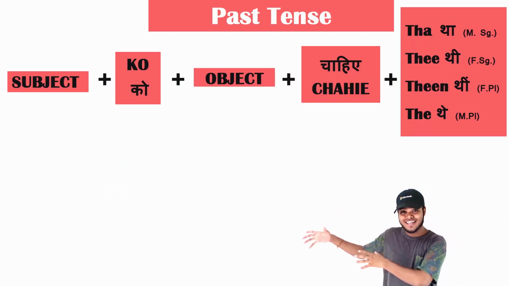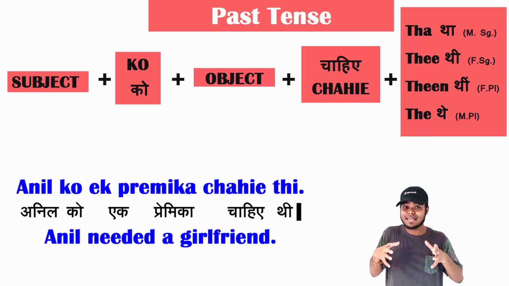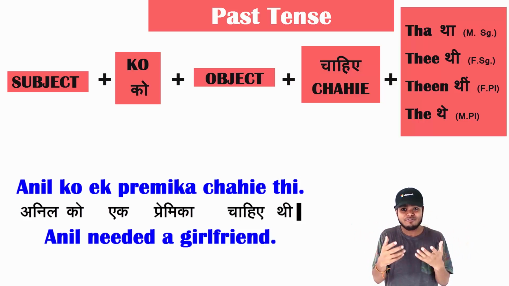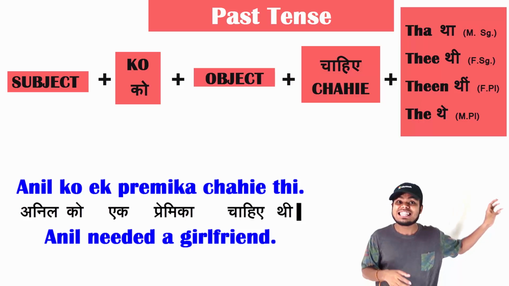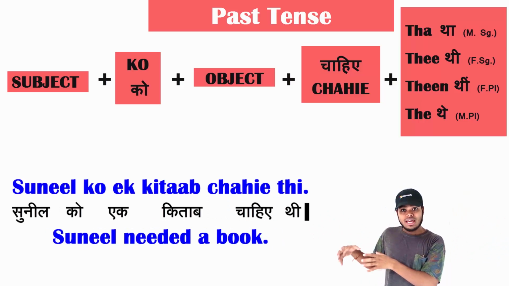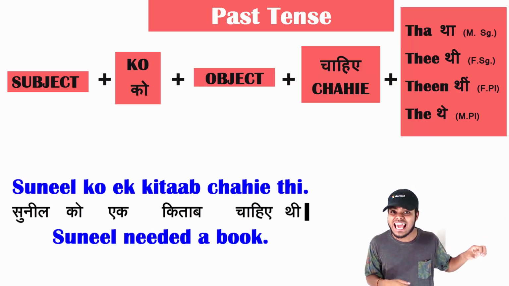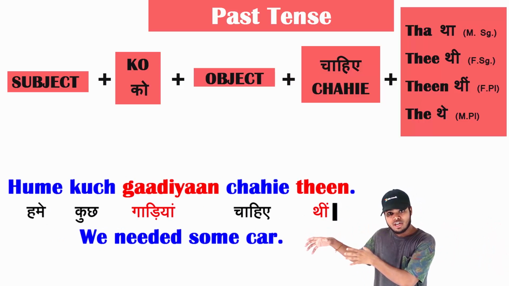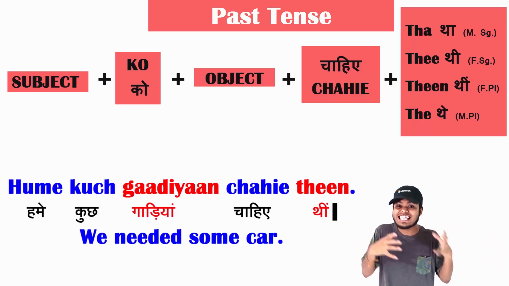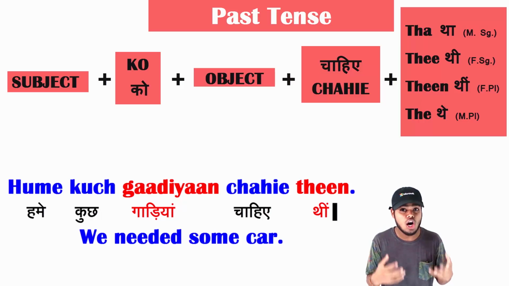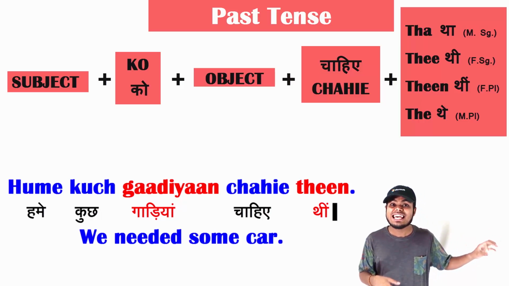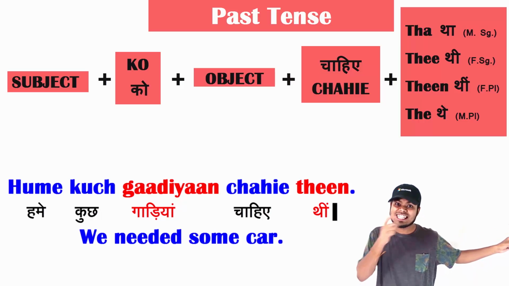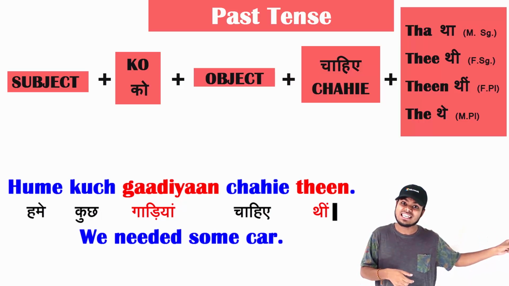Now Anil ko ek premika. So premika is a girl, of course, right? A girlfriend. Premika chahiye thi. Sunil ko ek kitab chahiye thi. हमें कुछ गाड़ियां, some vehicles, some cars, गाड़ियां चाहिए थी, the plural, थी, because कुछ गाड़ियां चाहिए थी,